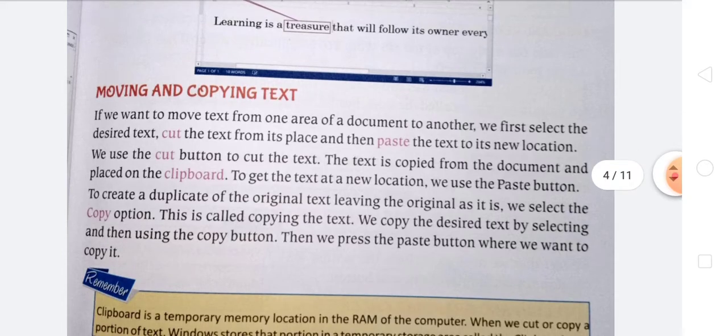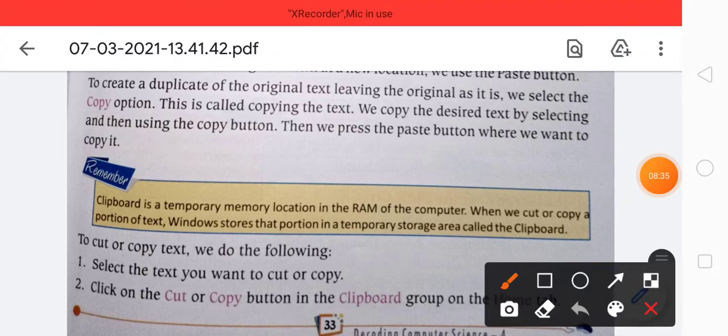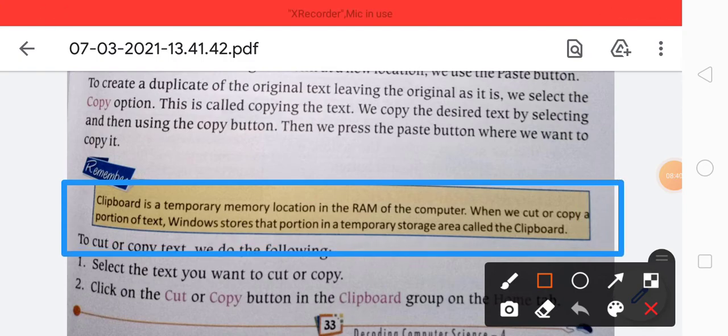Creating a duplicate from the original text and leaving the original text as it is, is known as copying the text. We simply copy the text and paste it where we want. The clipboard is a temporary memory location in the RAM of the computer.